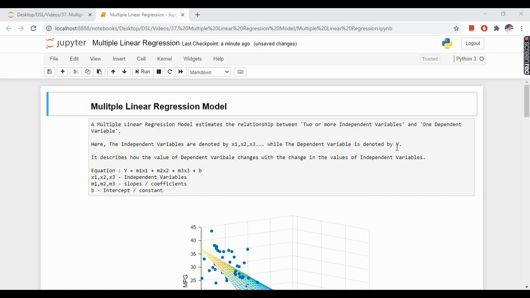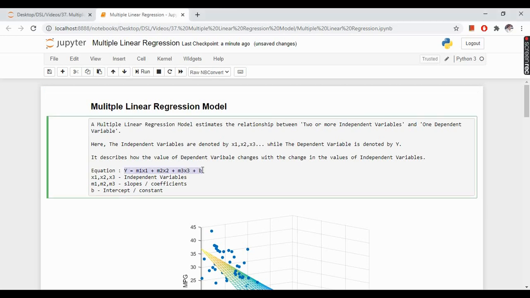Here, the dependent variable is denoted by y, while the independent variables are denoted by x1, x2, x3, and so on. This model describes how the value of the dependent variable changes with the change in the values of the independent variables. The equation of the multiple linear regression model is this: y equals m1 x1 plus m2 x2 plus m3 x3 and so on.